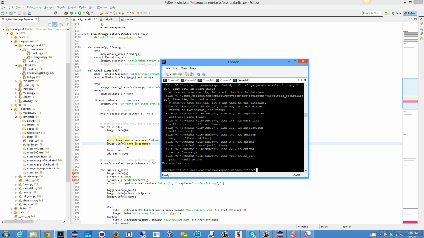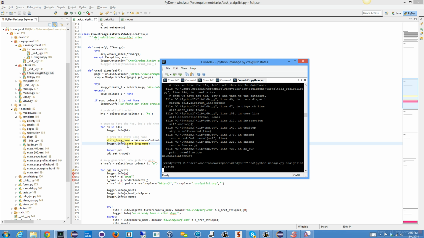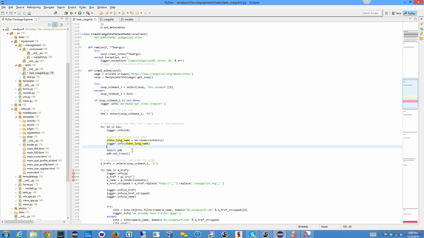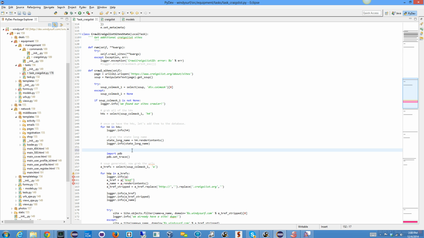Let's do this again. PDB. So the first one is going to be Alabama, I believe. Aha, Alabama. So we have Alabama. So let's add that to the database. So what we're going to do is simply do this. We're going to say US states equals